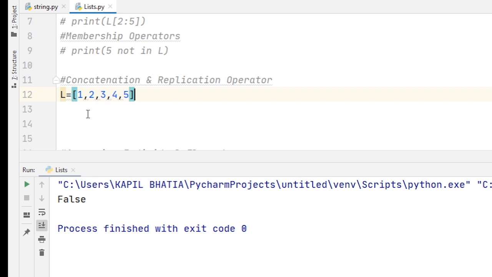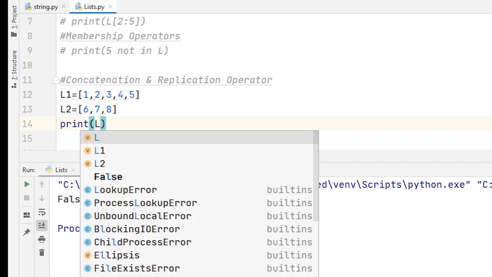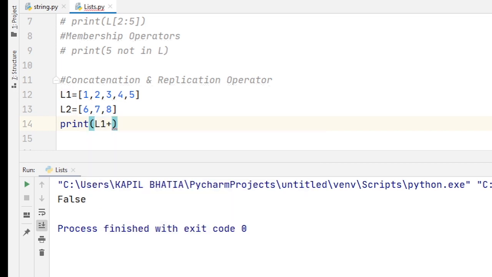Next is concatenation and replication. Suppose I have two lists L1 and L2. If I print L1, then after the concatenation operator I use L2, so it will return a new list and the output is 1, 2, 3, 4, 5, 6, 7, 8.